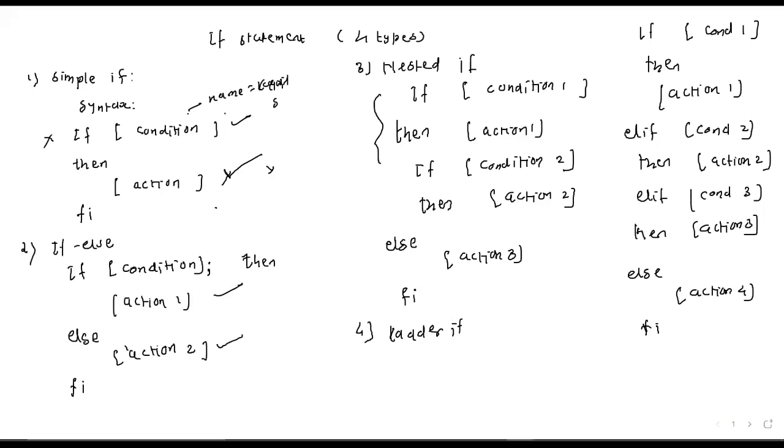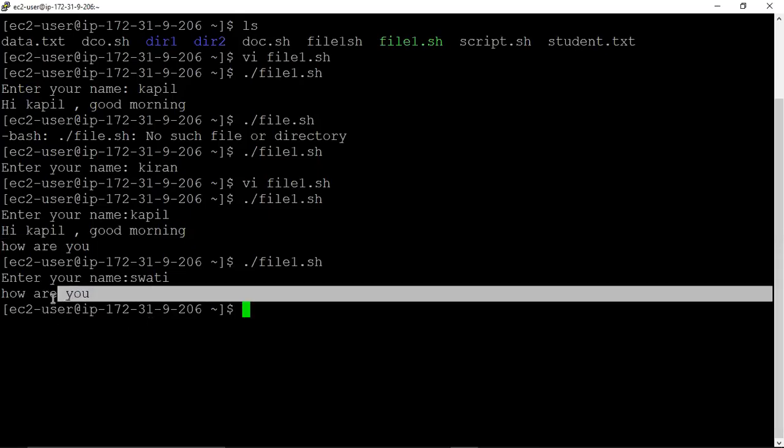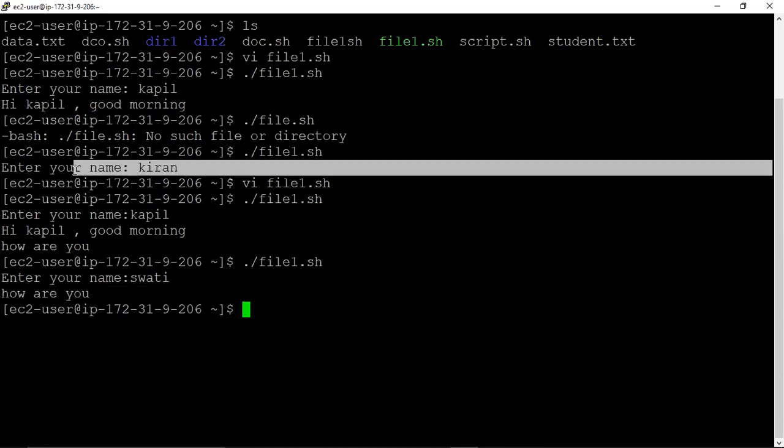Already we discussed, friends, do not confuse this with how are you. This is an echo command which is given after completing the if format. If this command was not there, as we discussed, when we entered Kiran, it was not showing anything.